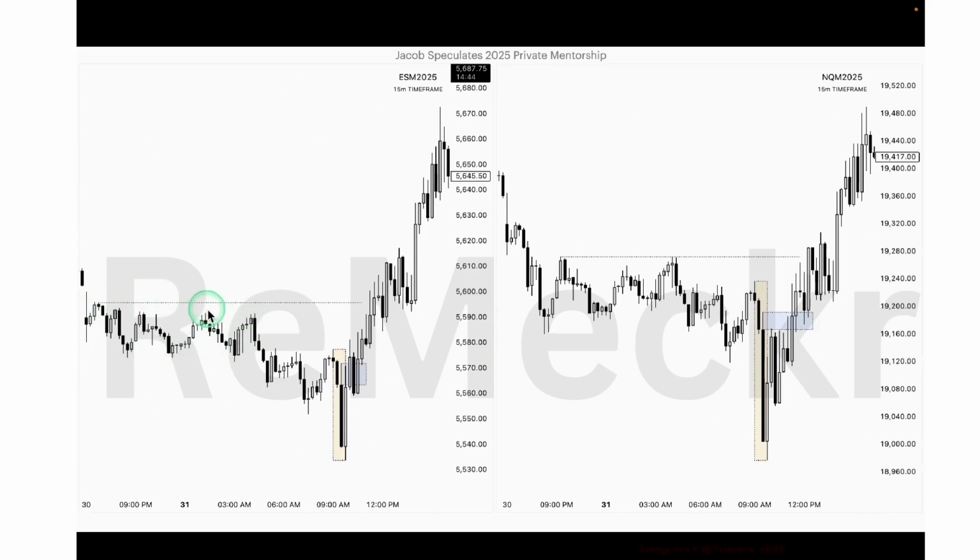And take note of how these highs are unsymmetrical. If we look on the NASDAQ, this high is higher than this high, while on the S&P, this high is lower than this high. Typically, the original consolidations, ones that are high probability, will have unsymmetrical price action. So that's a little nugget you can look into. These highs being the original consolidation, that could have either been your full target, or you could have taken a partial right there and then just let the trade ride out. That was how you should have come about operating on Monday.